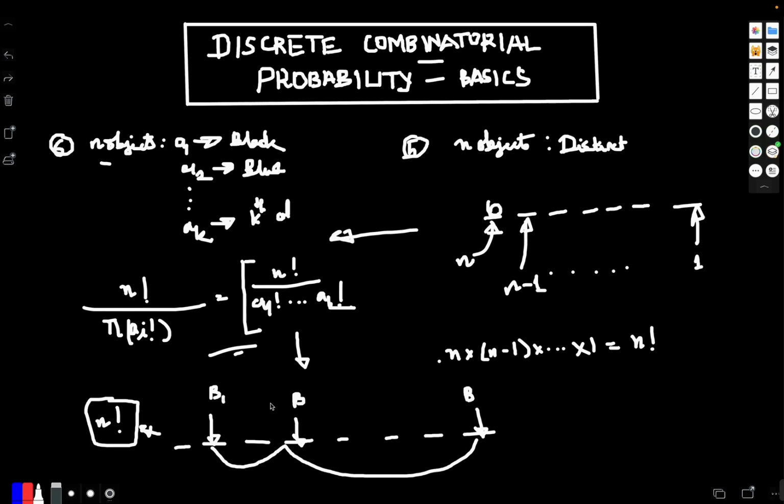Let us call them black of 1 kind, black of 2 kind, and black of 3 kind. This is what has gone on when we quote the answer as n factorial. We assume all of them are distinct. But now if they are all black, what we can do is just say that